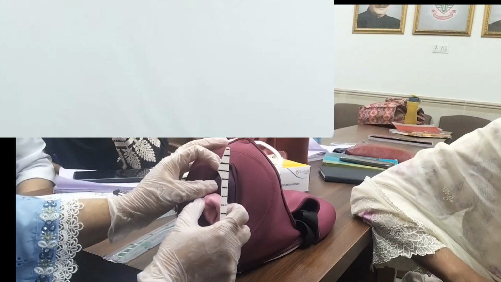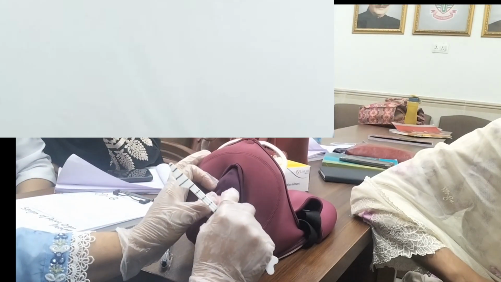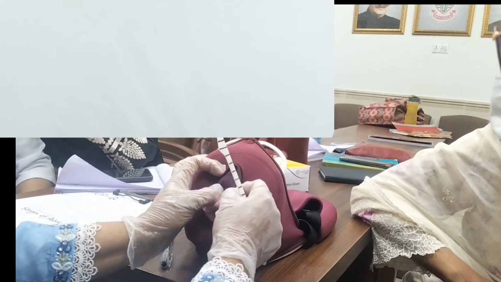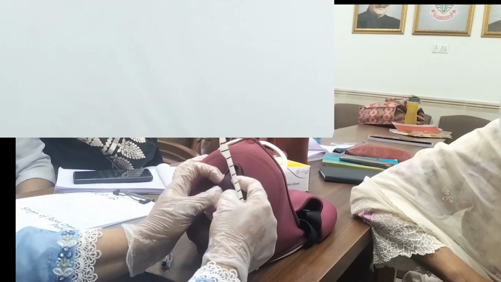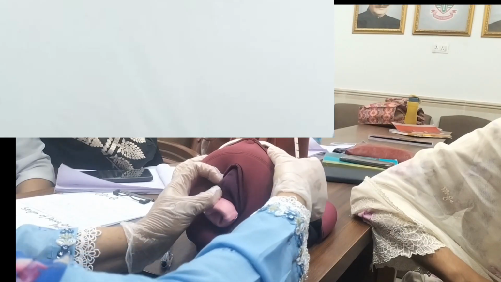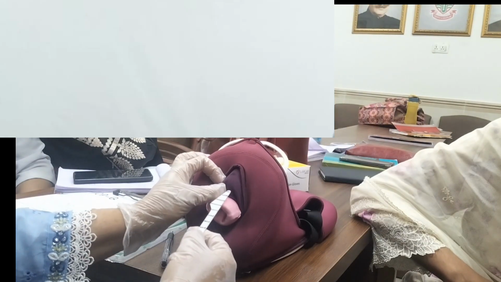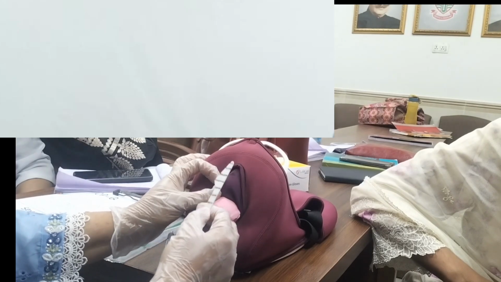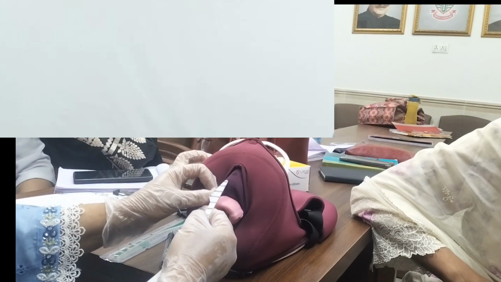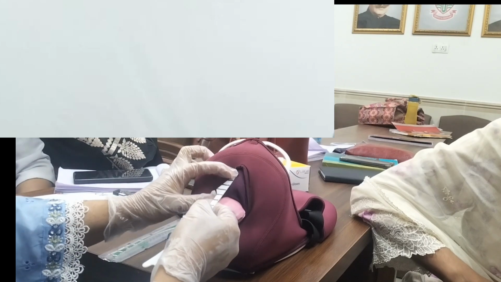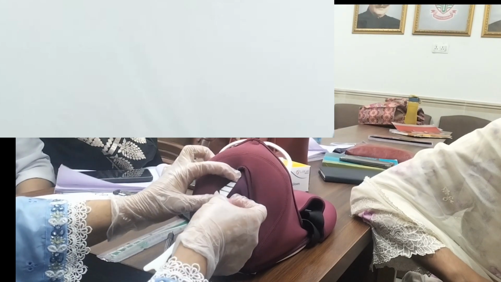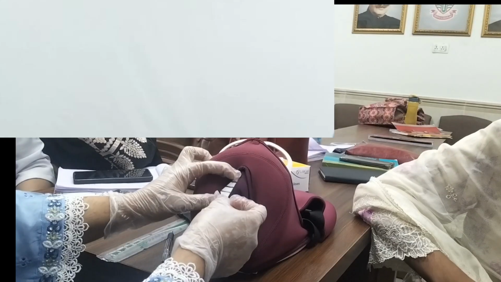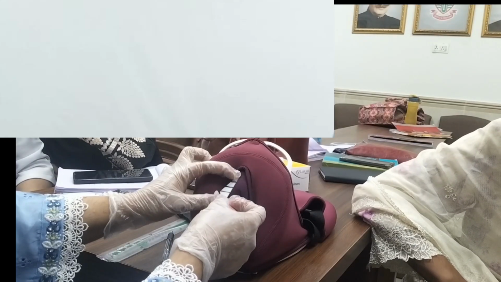Okay. And this is the lower end of the anterior vaginal wall. If you feel here, you will feel that this is the bladder. I have put a cloth behind it, and this is the lower end of the anterior vaginal wall. So you will measure from the external urethral meatus up to the lower end of the anterior vaginal wall.